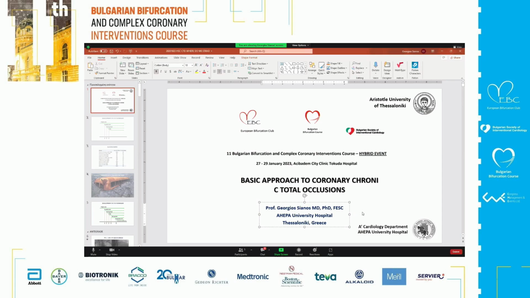As far as I understand, this session is about teaching fellows, so I kept it a little bit to the easy side. I really followed with great interest the evolution of the talk about calcium, which becomes a prominent thing. And I had the opportunity the last 2 weeks to do quite a lot of lithotripsy, imaging, rotational ablation, orbital atherectomy, and all these kind of devices readily available where I am. And then maybe I will present you tomorrow the case of a 5 millimeter calcified nodule cracking with IVL. The rotational ablation did nothing. So it becomes a very big issue, and a combination of calcium with, if I can make a commentary to